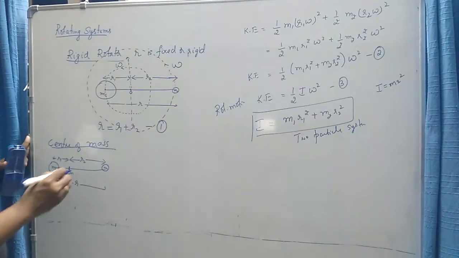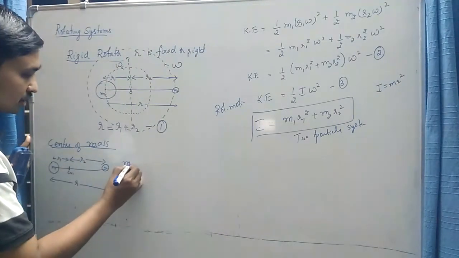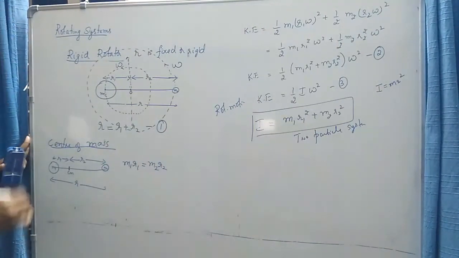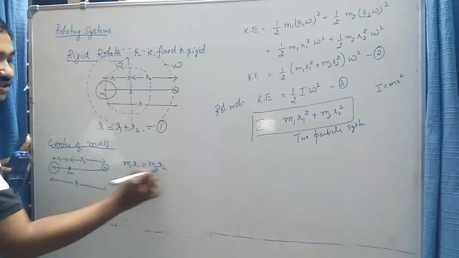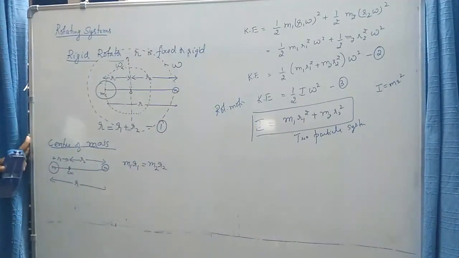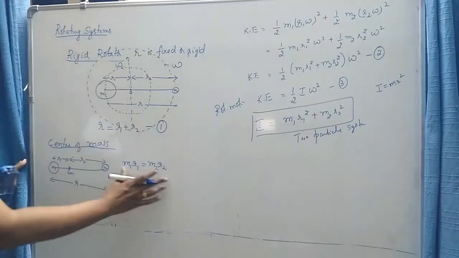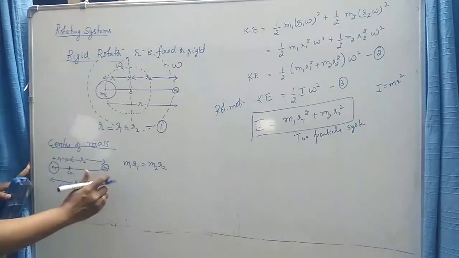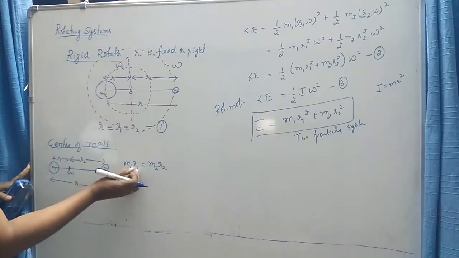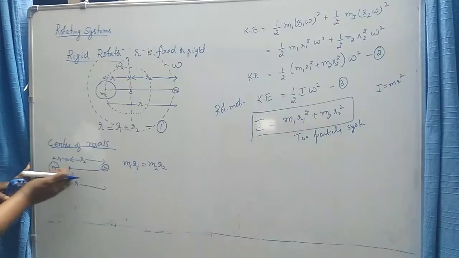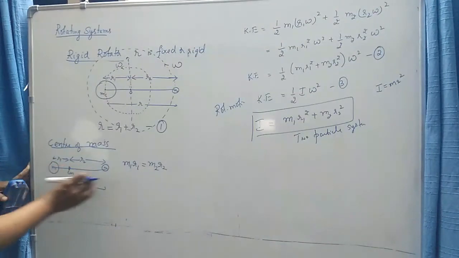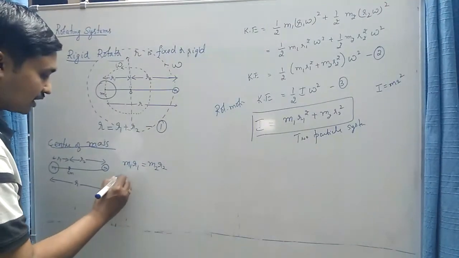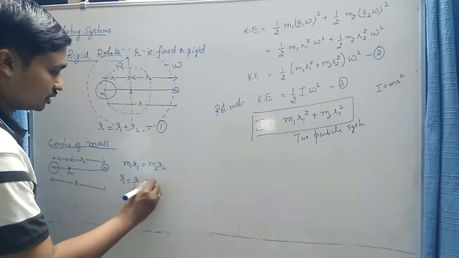For that we have to use the balancing condition, the equation that m1 r1 should be equal to m2 r2. That point which satisfies this balancing condition, m1 r1 is equal to m2 r2, is the actual center of mass. So the greater the value of m1, the smaller will be r1, that is, the center of mass will be much closer to the heavier particle. So this is the balancing condition, m1 r1 is equal to m2 r2, where r is equal to r1 plus r2.